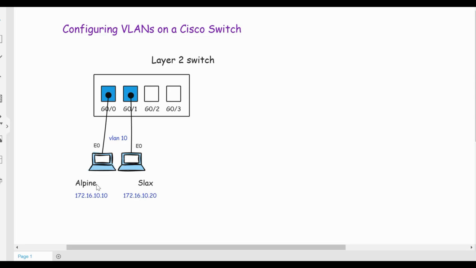Here, the Alpine is connected via the Ethernet. So we will set this IP address, 172.16.10.10, manually on Alpine via the CLI. And then the second one,